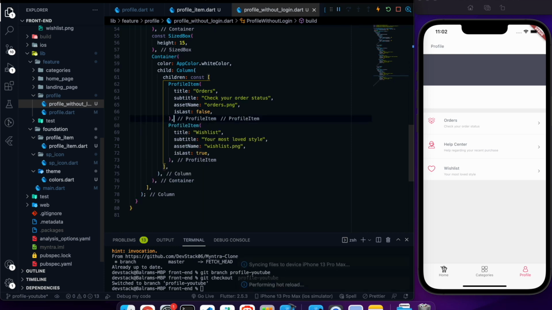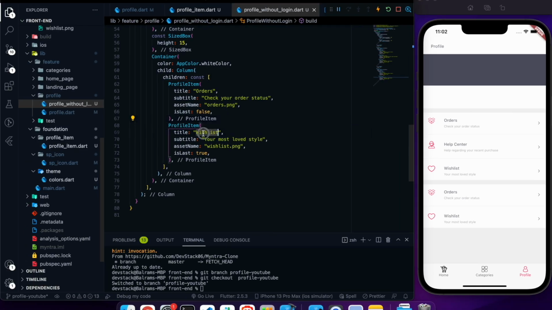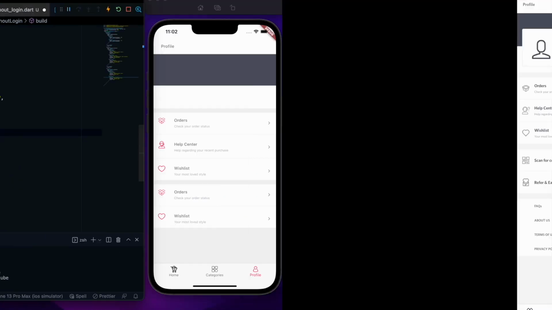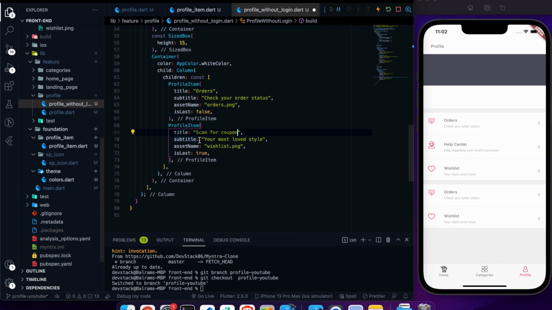Okay, just two things. So here is the scan for coupon. So let's use the scan for coupon. I guess the spelling is right, and we don't have a subtitle. That's why I made it optional. This title should be here.